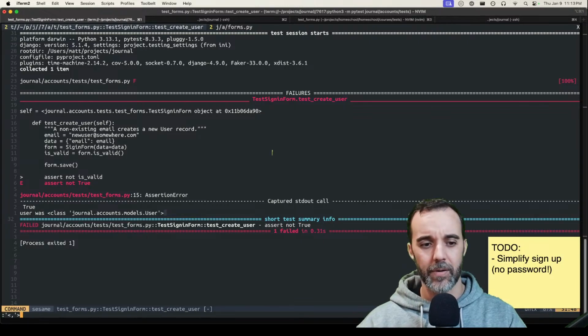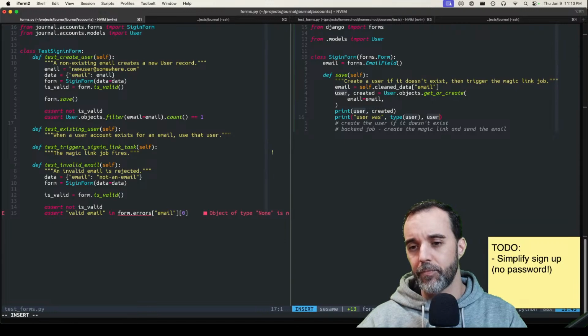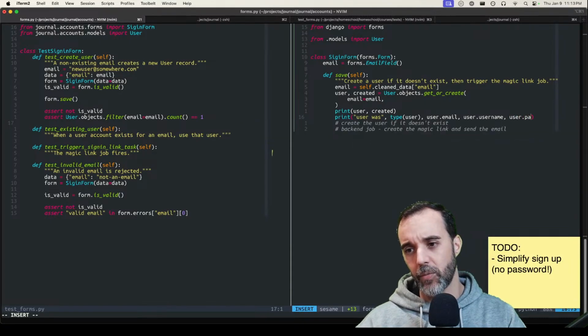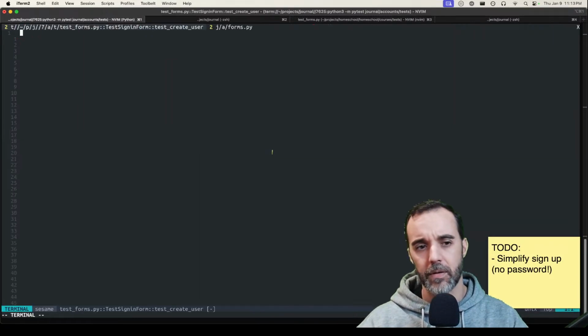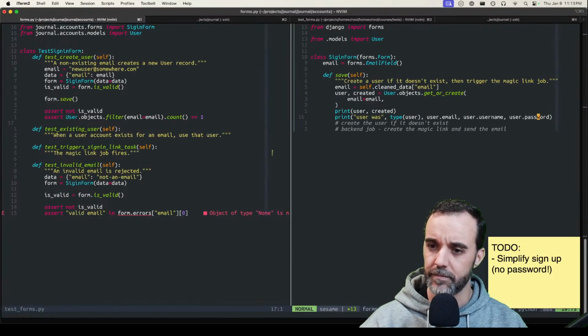Why is there no repr at all? That's weird. Let's do user email, username, user password. User email. Maybe it's